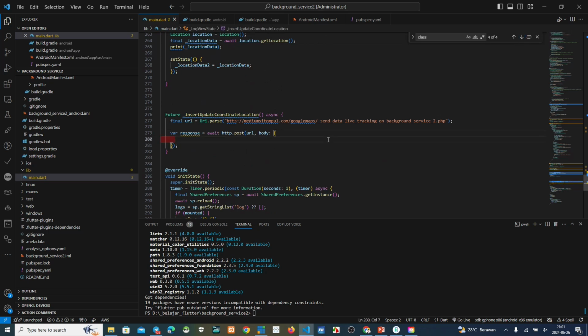Okay, now we want to send the data latitude and longitude to the server. Like this, lat.